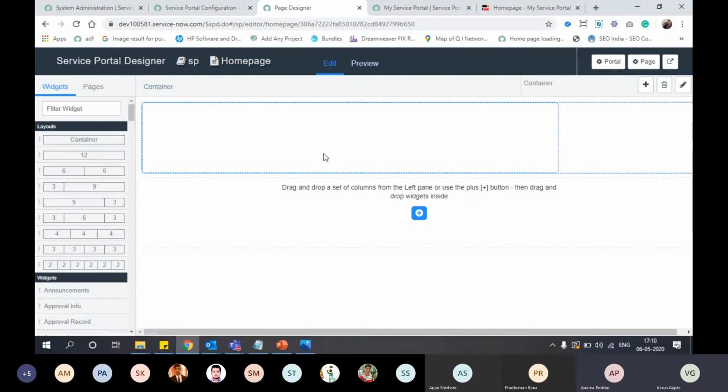Want to give this container a background.